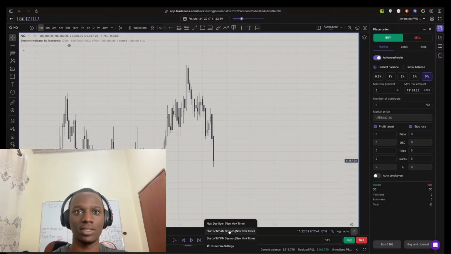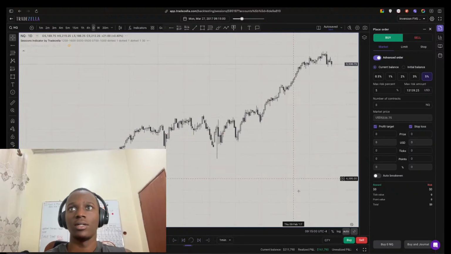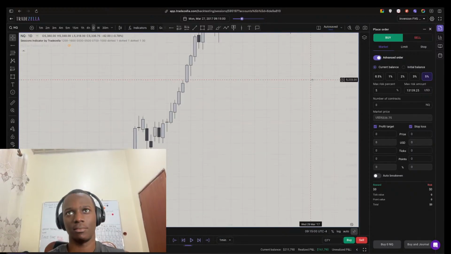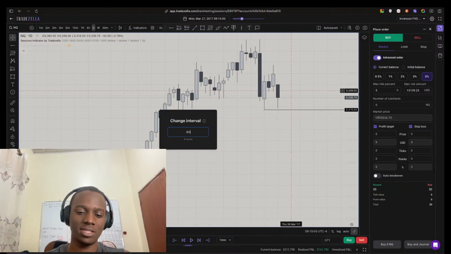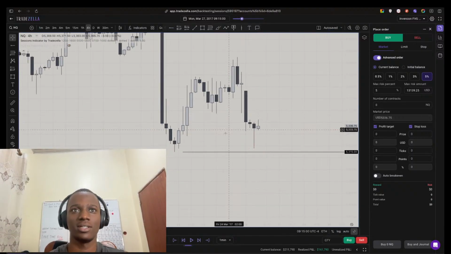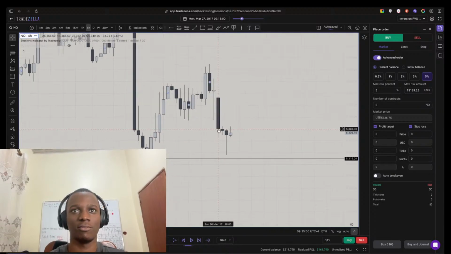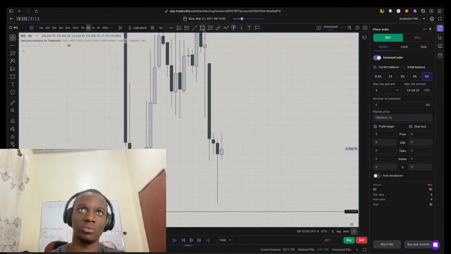Going on to the next day, New York AM. Well, I think the bias here is pretty clear now. We dropped, retraced into this gap. Now we are displacing here, and the good thing is that we're not reading this in hindsight. We are trying to do some deep reading before it happens, so this will be good if it displaces